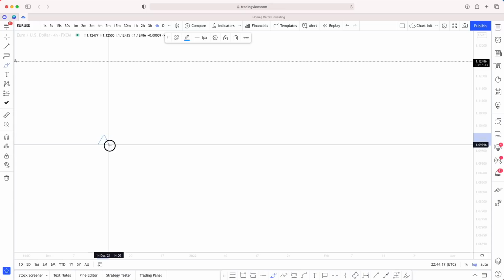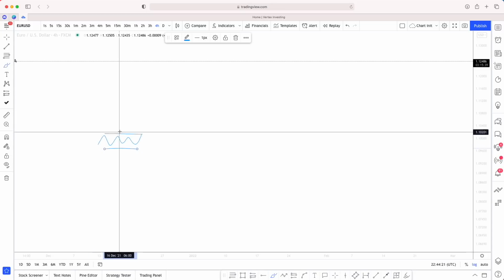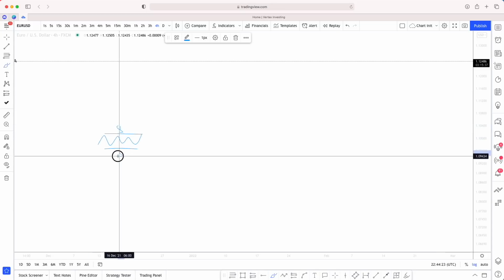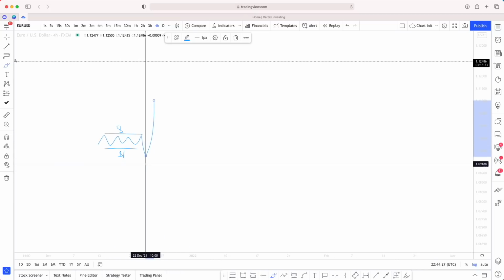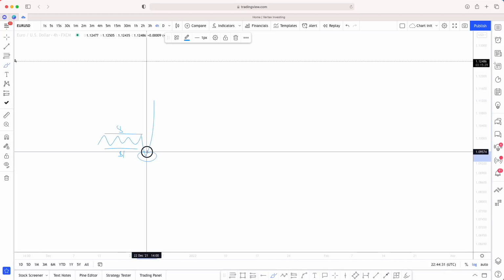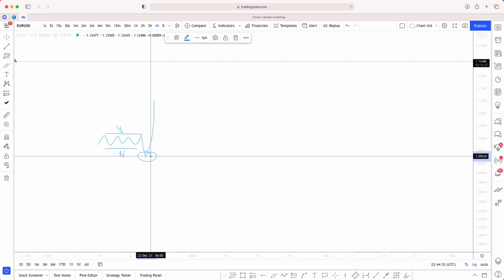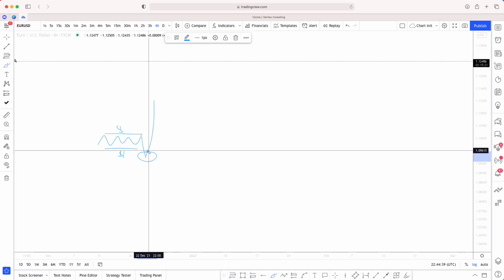But I'll give you a drawn example. Let's say the basic idea of liquidity is when you have a ranging market, liquidity is building up high and down here, right? Then you have your liquidity grab, then you have your impulsive move. So what we have here is our liquidity grab. That's going to be our rule number one. I'll write these again at the end, and hopefully when I find you an example. So we have our liquidity grab.